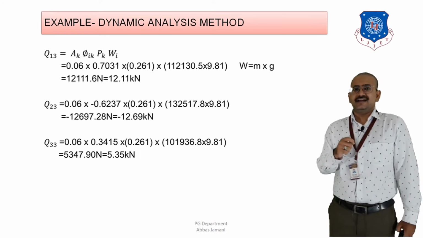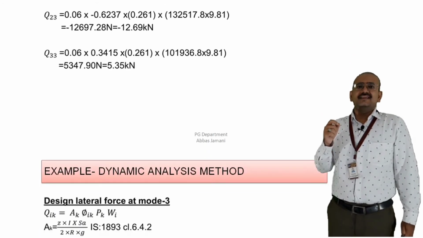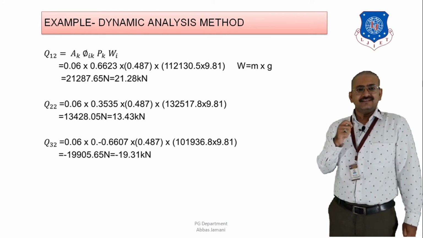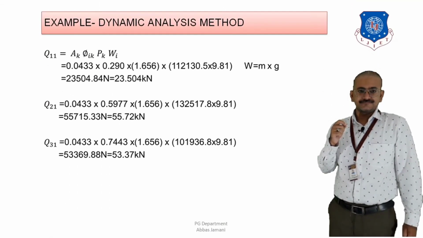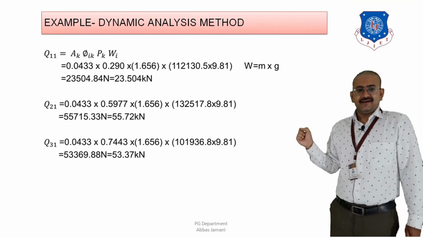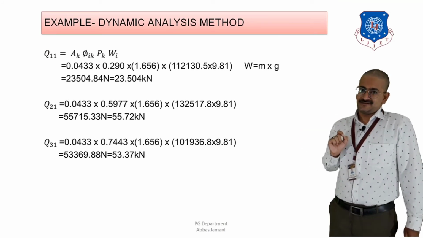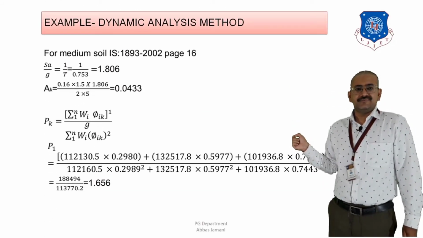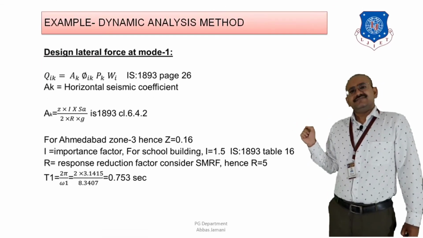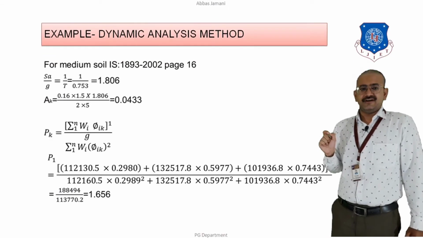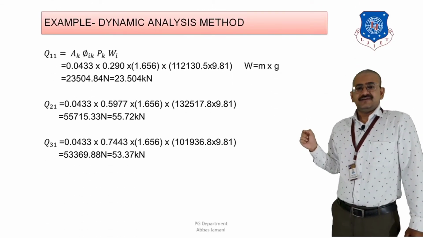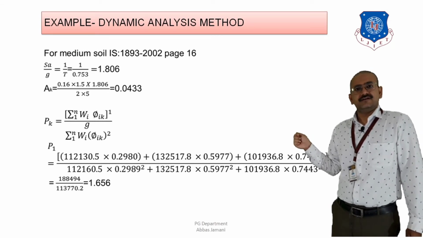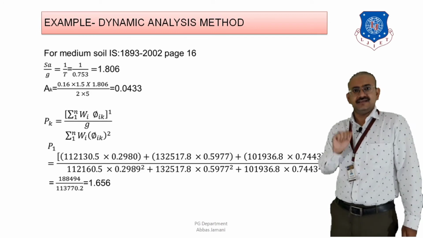So what has happened is that whenever the time period is more, the corresponding values of lateral loads, if I see, are in the range of 23, 55 and 53.37, right? And where the time period that we have taken is how much? You have seen that the value of time period is 0.753, right? So when the time period is 0.753, then the percentage of earthquake is 0.433, that is 4.33 percent of the total seismic weight is going to be applied as the lateral load